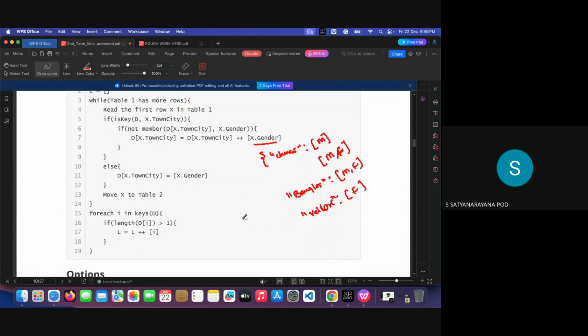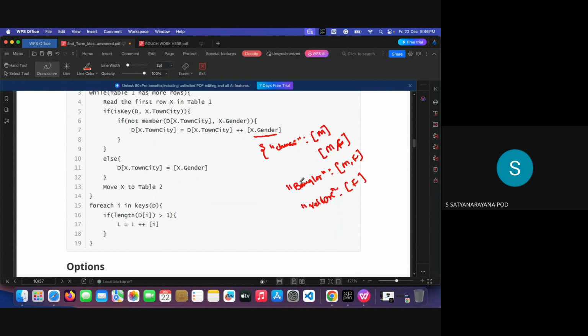After that, they extract all the keys, meaning the city keys. If the length of the value is more than one, it means more than one gender is found. Some cities have only male students, some have only female students, and some have both male and female students. If more than one, two genders are there. If only one, then only one gender. At that time, L is the list to which I is added, and I is the city. So L contains the list of cities